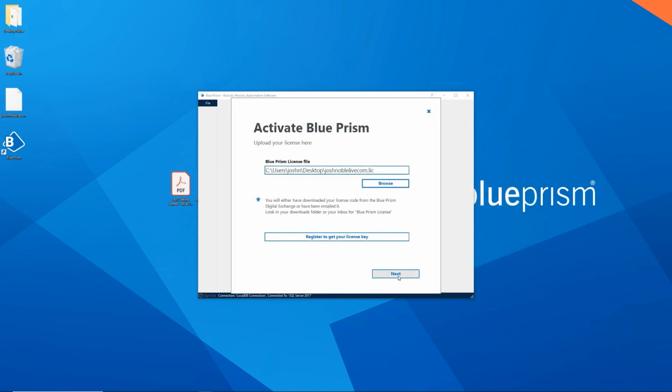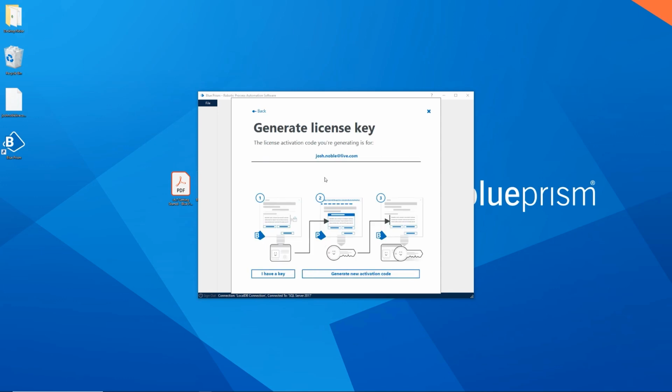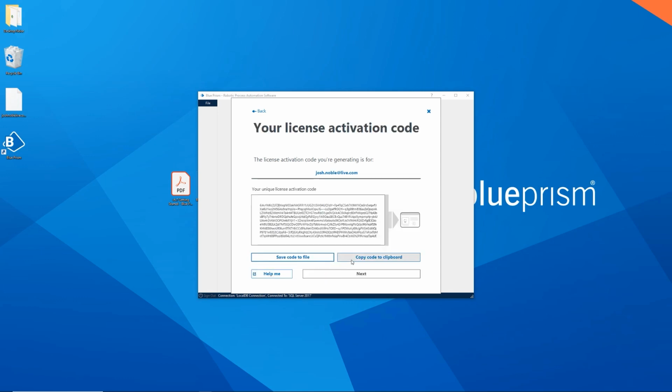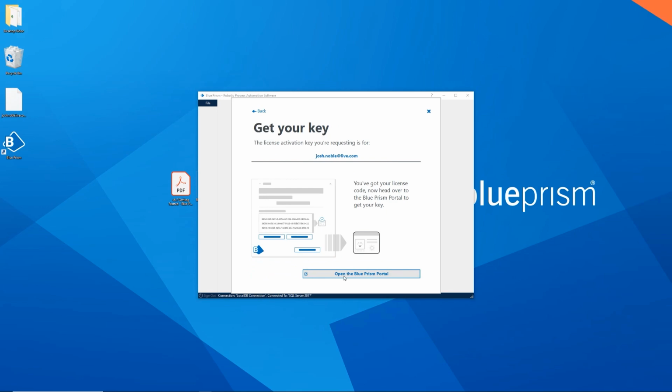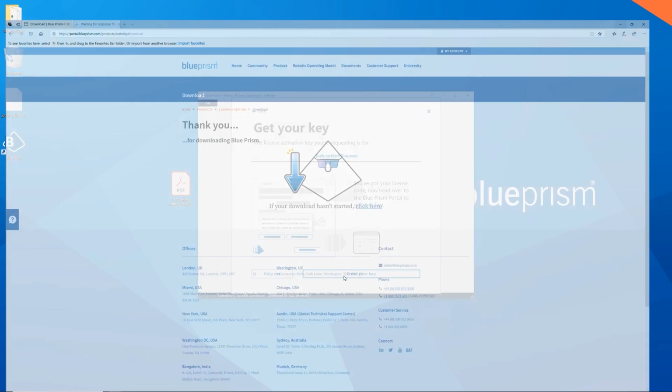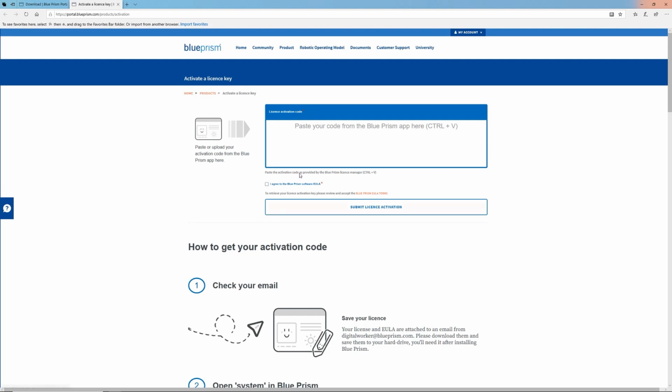Now, this is where the installers also start to change. I mentioned SQL earlier. You also need to activate the license key. So for this, we need to generate an activation code. Click Next, copy code to clipboard. Click Next again. And again, kind of wizard pop through, it's going to open the Blue Prism portal for me